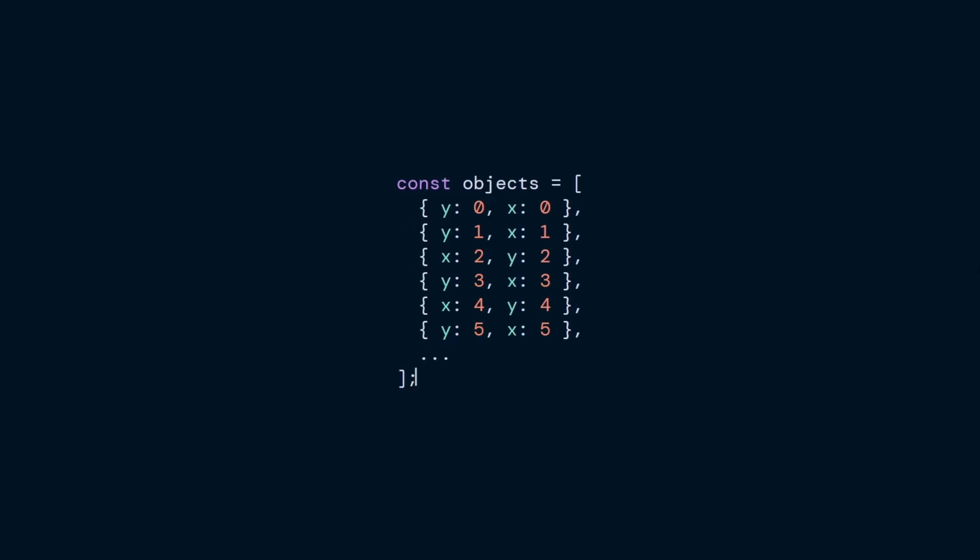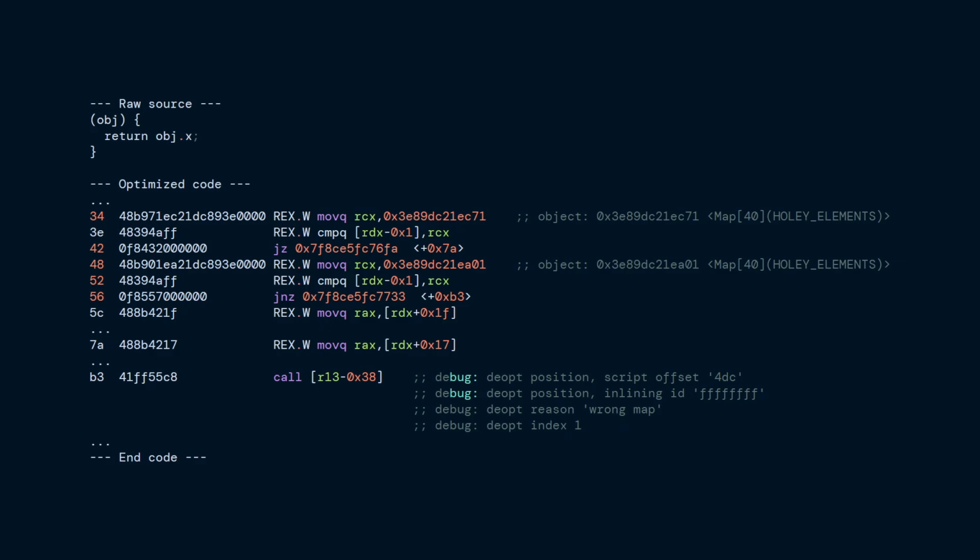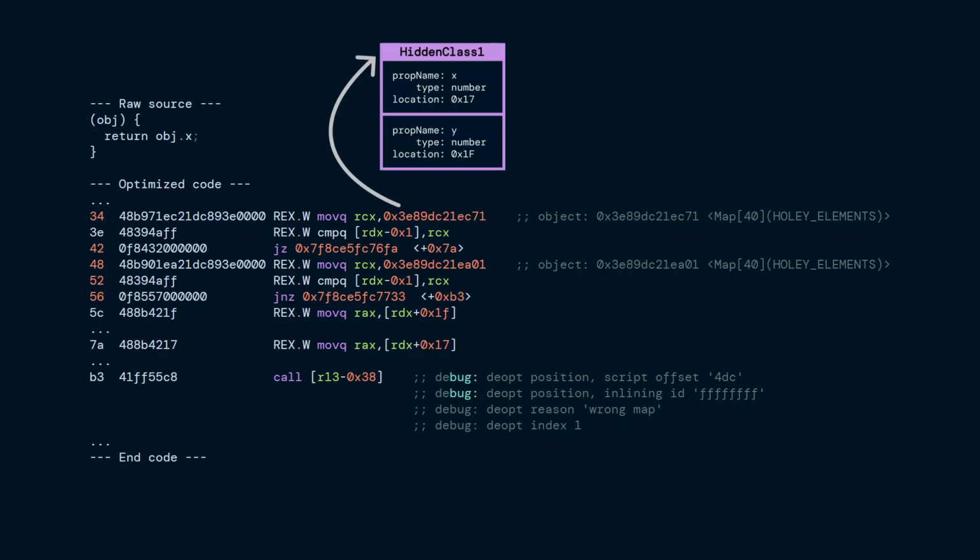Now let's see how this generated code changes if we change our input a little bit. Here's a similar array of objects to the one we've seen before. All objects have X and Y properties, but some of them define X first and Y second, while others define Y first and X second. Let's run exactly the same code as before with this array. You can see that our assembly code changed a little. Here's a hidden class that represents an object with an X and a Y property. We check if our object has the same hidden class. If it does, we jump to 7a, where we directly access property X just like before, using a +17 offset